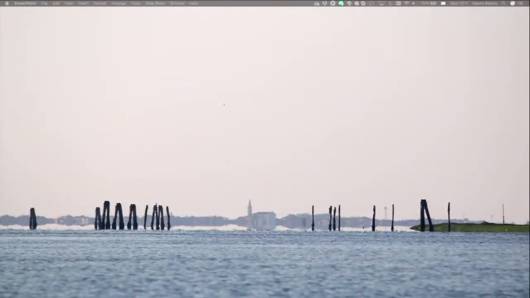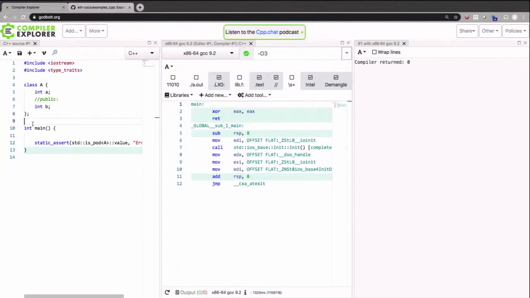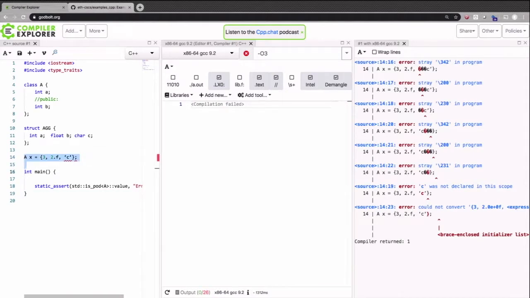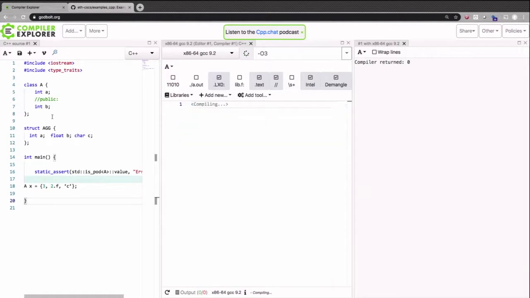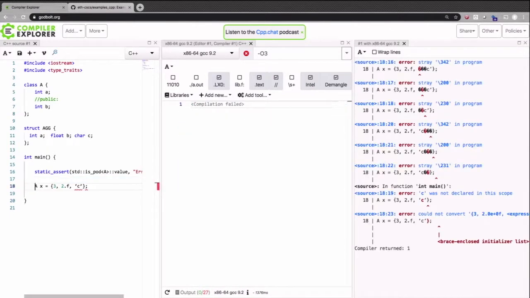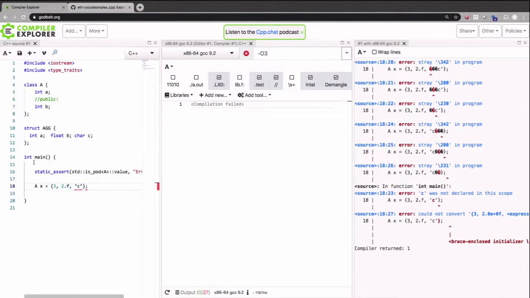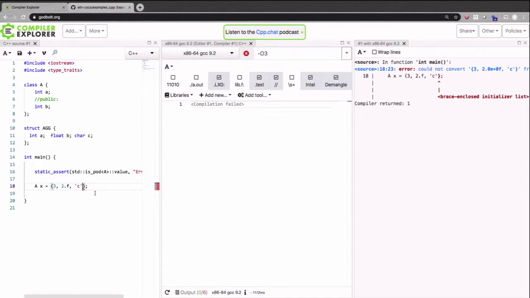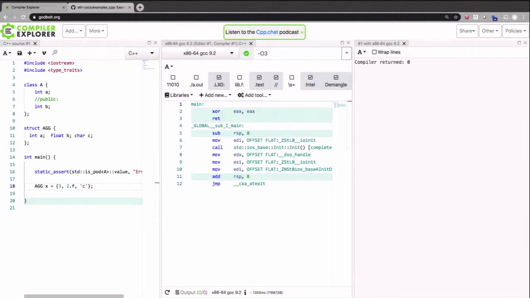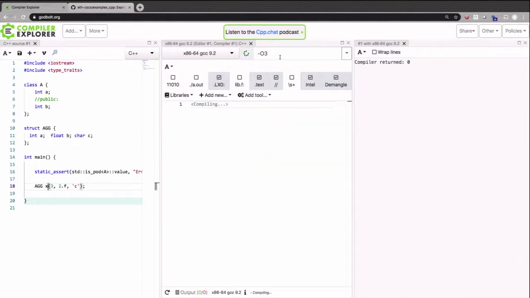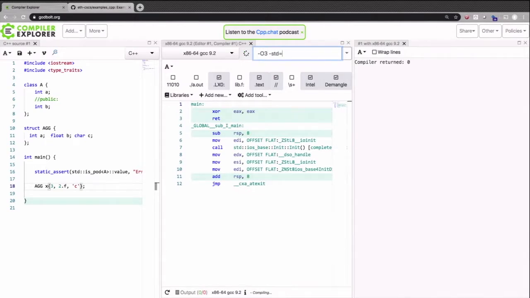My computer is so overloaded at the moment. Let me put it inside main. I like when it is in main. Okay. Now I'm compiling. Okay, so this compiled. And now, this will compile, but if I force std to C++11,